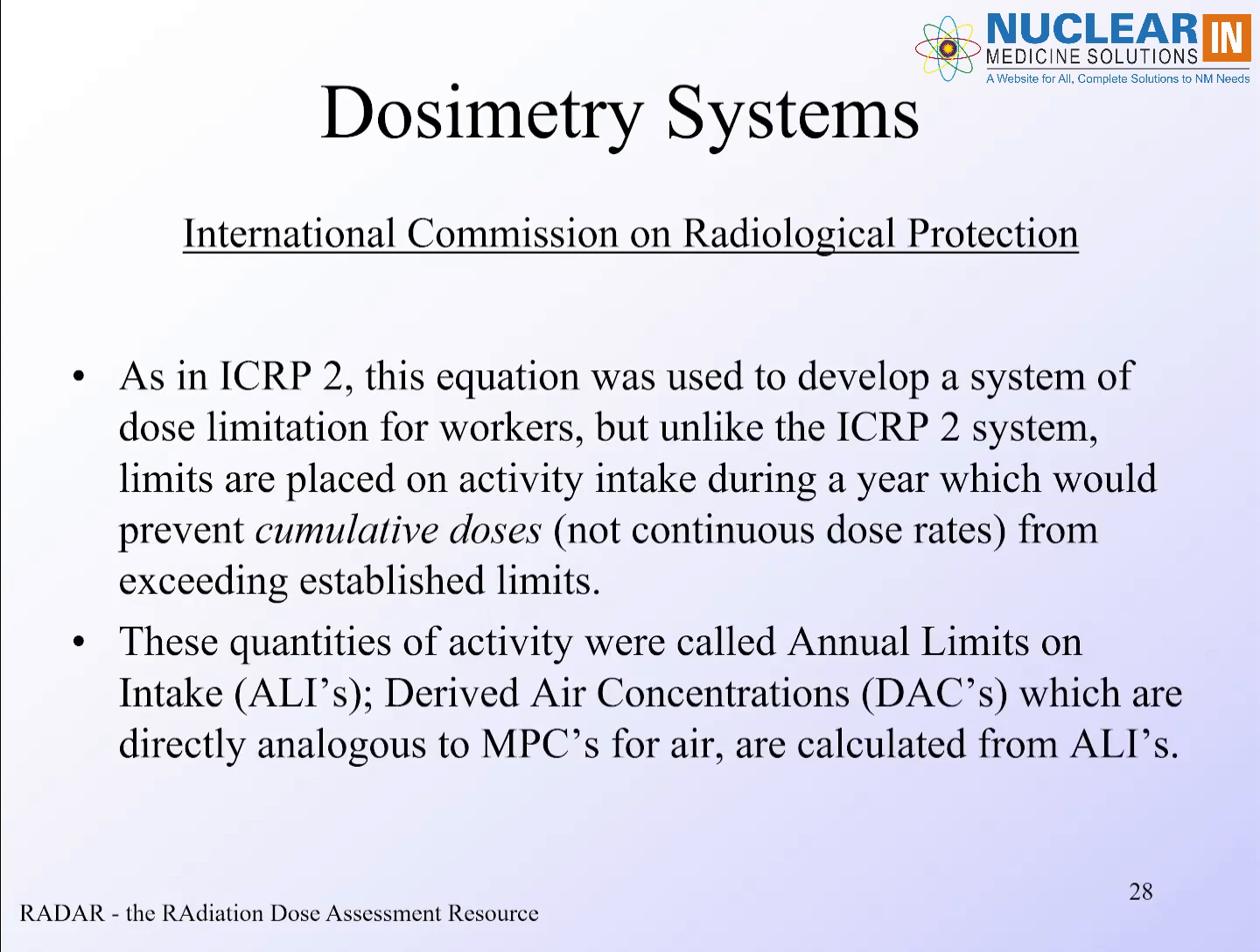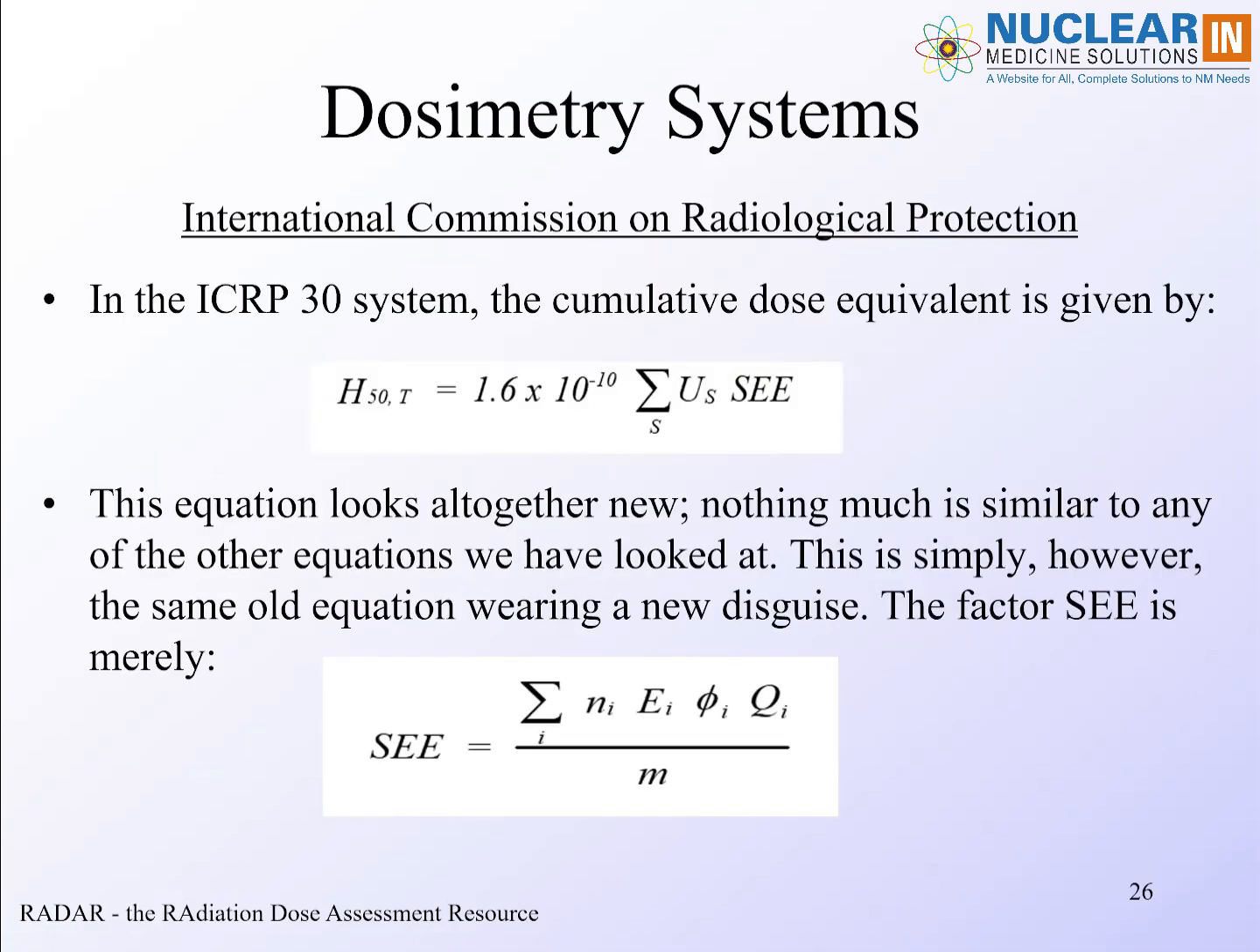And as with ICRP2, we used it to develop a system of dose limitations for workers, but they changed the game on us. Instead of dose rate, rem per year, they want to regulate cumulative doses over the next 50 years, therefore H50. So you have